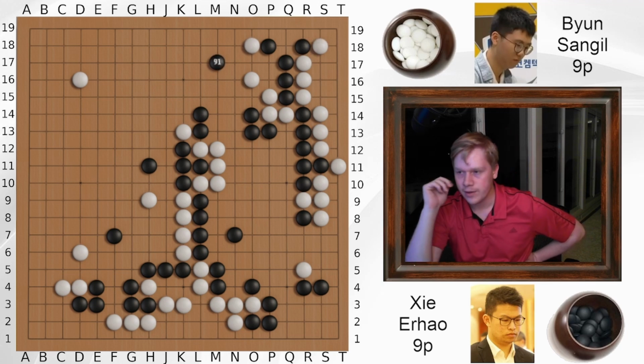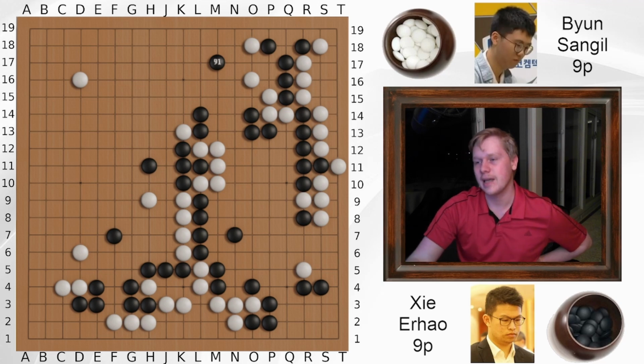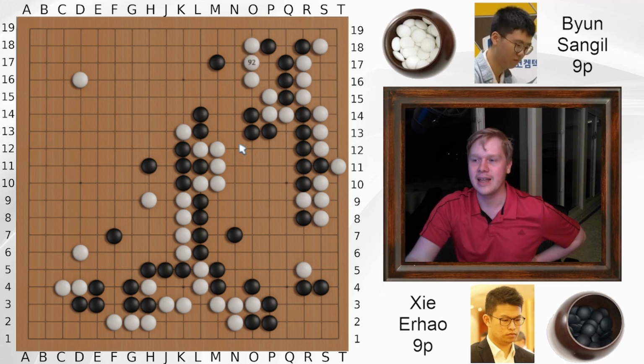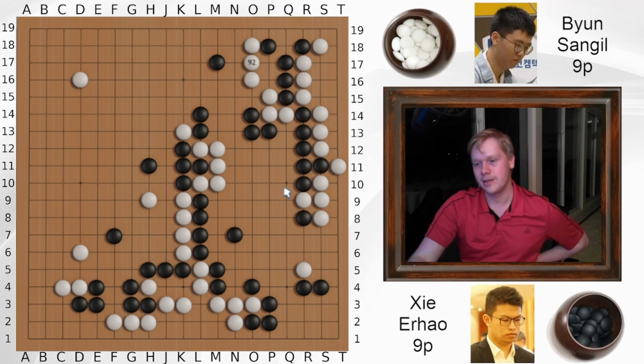This black move may look very mysterious. What it does is it sacrifices the upper right. And for just this stone, a lot of players are not going to be satisfied with the sacrifice of the upper right. But actually, at this point, Jia Hao knows what he's doing pretty well. The sacrifice here,